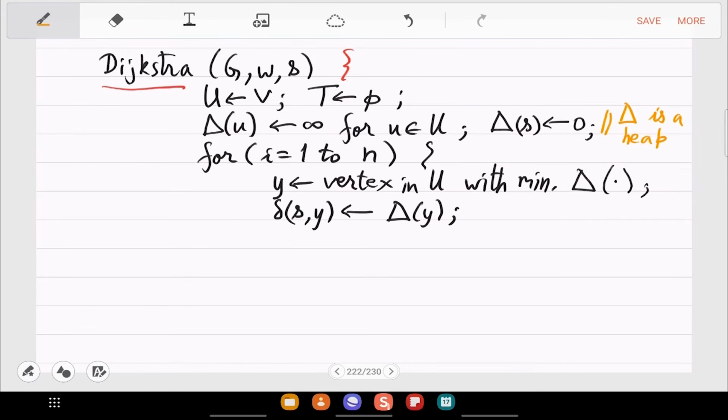You should keep this as an array physically, but the augmentation on the array is the heap structure. So basically Y is doing extract min on the heap, and that now leads to the discovery of a vertex which is outside the tree, and so we can grow the tree. So we move Y from U to T.